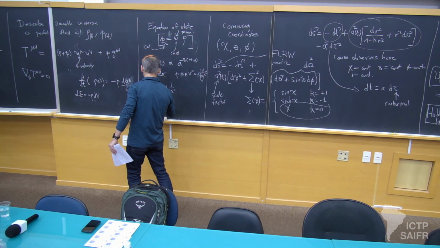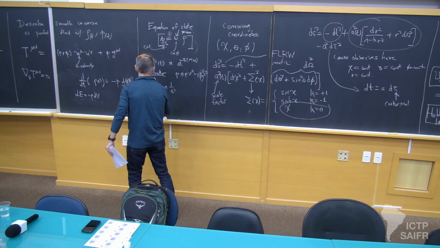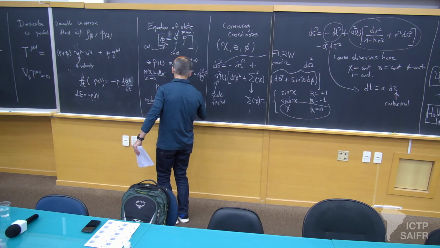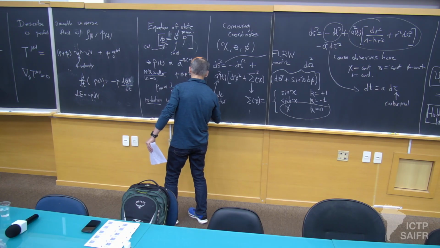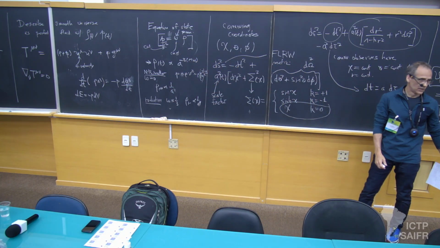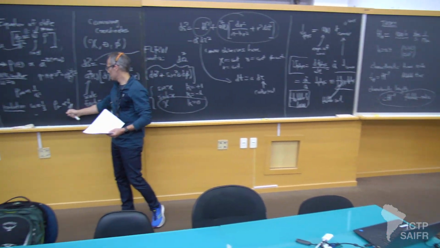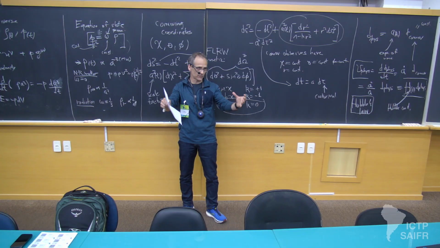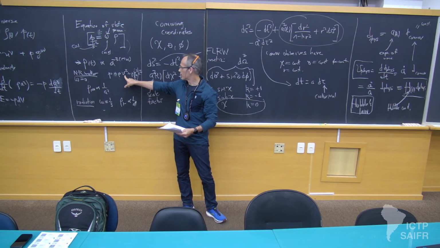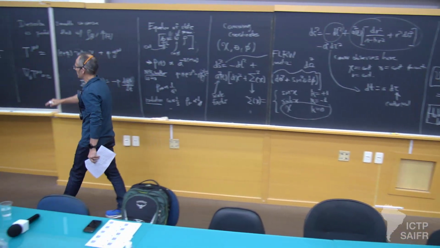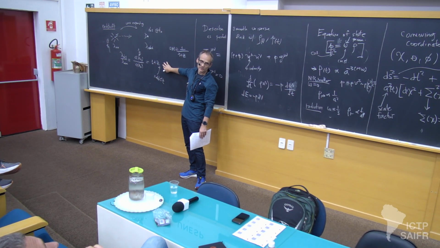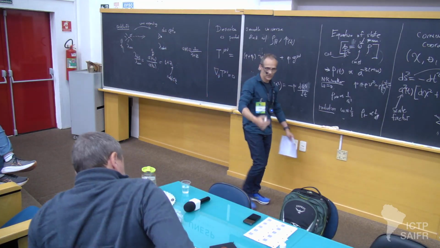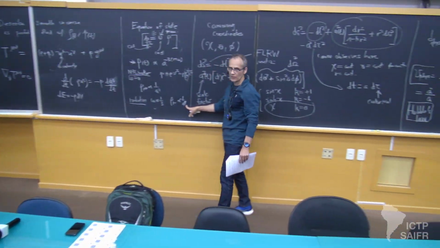If you have radiation, like photons or any massless particle, then this w constant is 1/3. So rho radiation goes as 1 over a to the 4th. Again, this should also be clear. You get a 1 over a cubed dilution due to the effect of the volume, and you get an extra 1 over a compared to matter, because as the universe expands, the photons are redshifting, okay? The wavelengths are increasing as a, and so the energy is decreasing as 1 over a, so you get an extra 1 over a dilution.